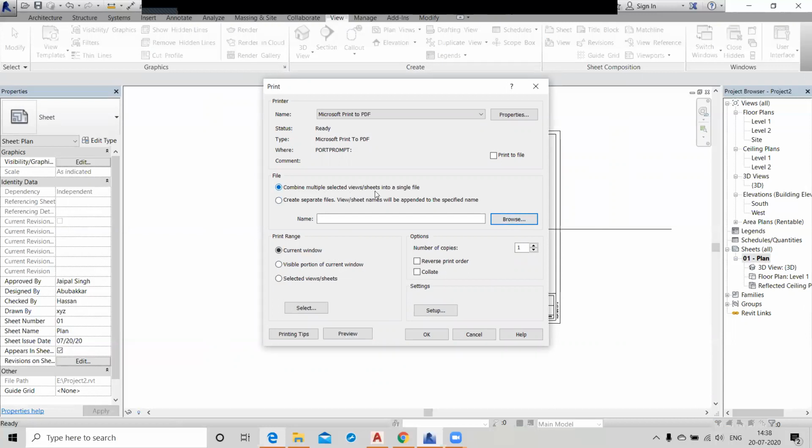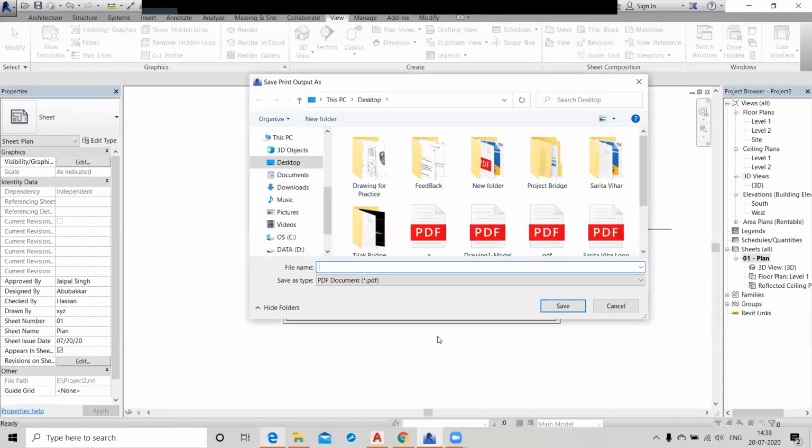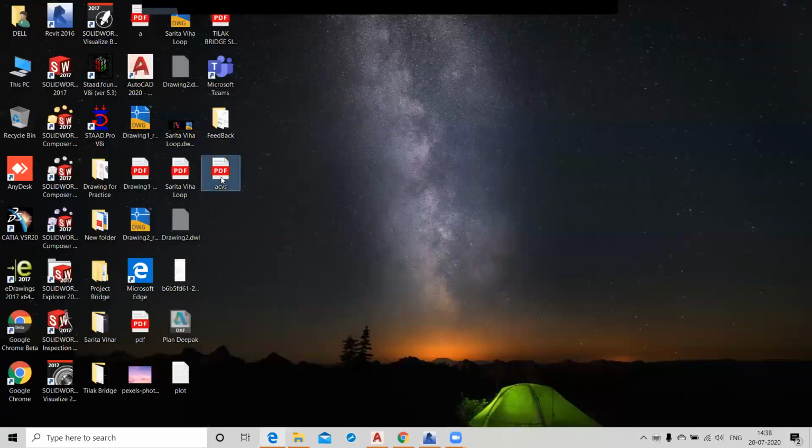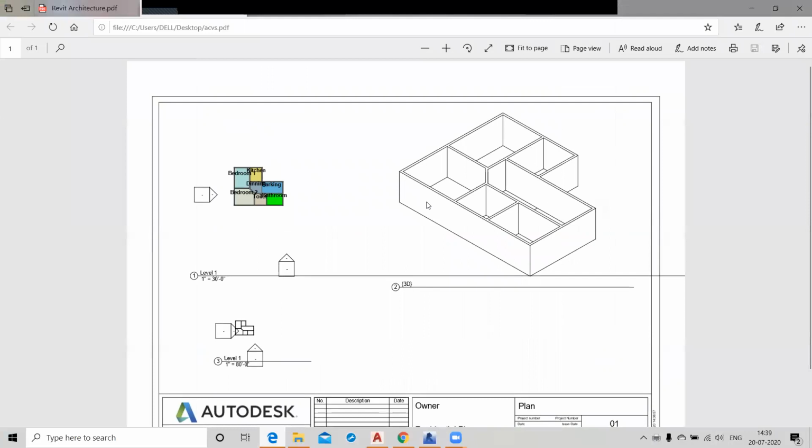Combine multiple separate views and sheets into a single file. You just type a name on the desktop. Just click on save. So this is your PDF.